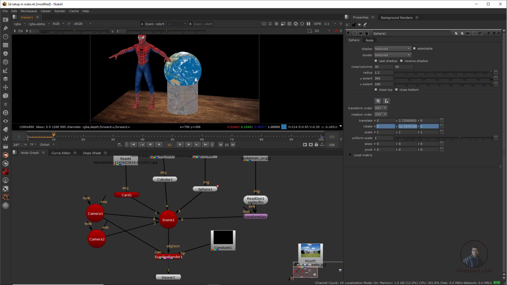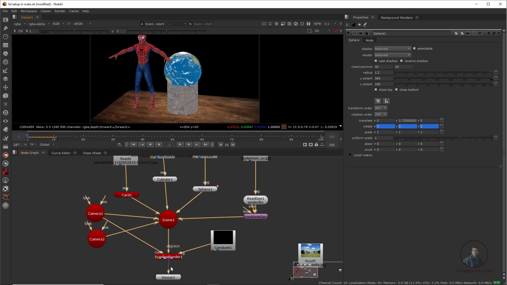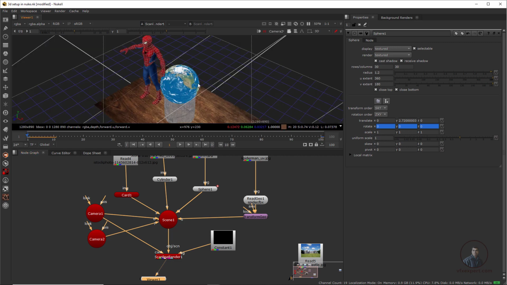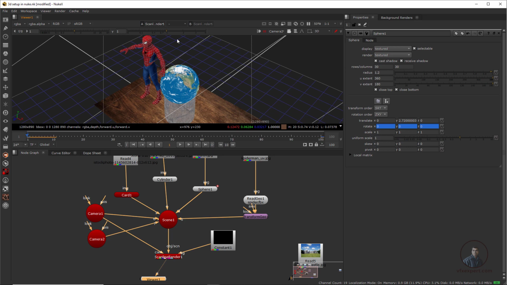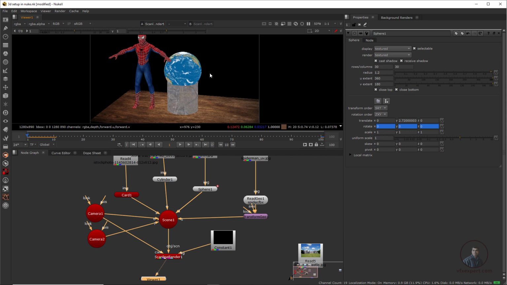Even if you want you can also animate your camera. So here I have connected this viewer with our scan9, then simply you can press tab. This will actually switch your output view or 2D view into this 3D view here, and again if you press tab here, this will switch 3D to 2D. So with the help of tab you can simply switch 2D to 3D or 3D to 2D here.